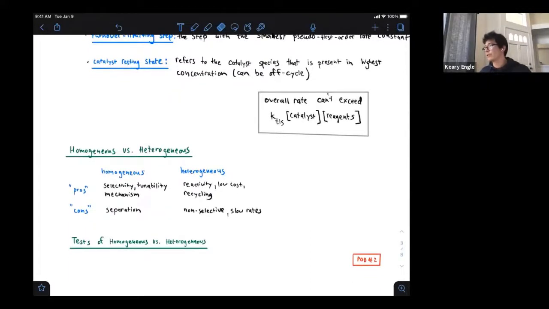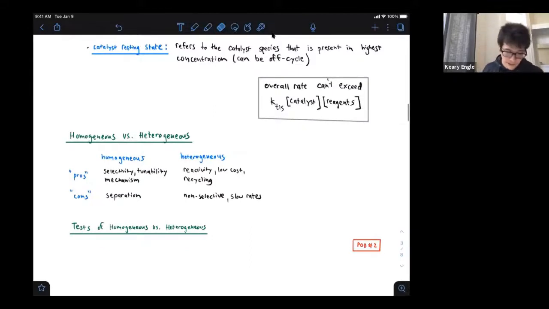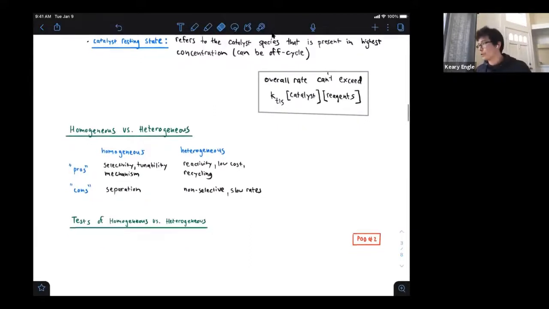So most of this class will focus on homogeneous catalysis. Obviously, there's a huge body of work in heterogeneous catalysis. Society supporting technology like the Haber-Bosch reaction is a heterogeneous reaction. And sometimes actually it's not clear when you design a new reaction what's going on in the flask. Is it heterogeneous or homogeneous? And we'll talk about that in problem of the day number 2. In terms of just some general